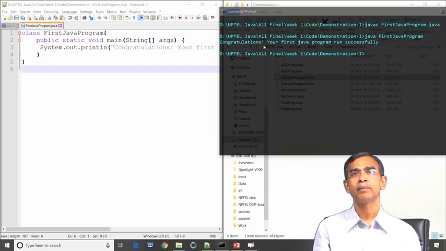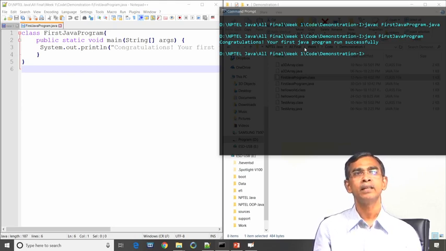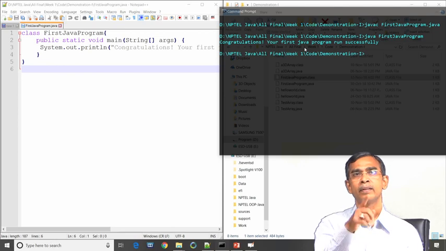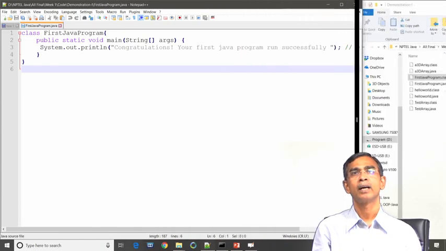This is the program that has been executed, and as you see, this program basically uses only one statement, namely System.out.println, and within this println is typed the message: congratulations your first Java program run successfully.